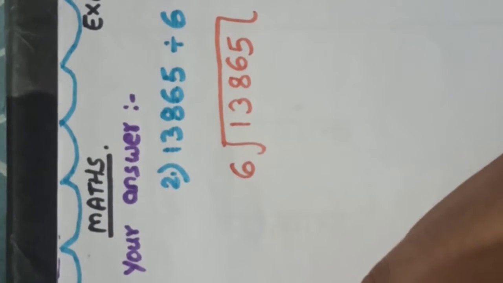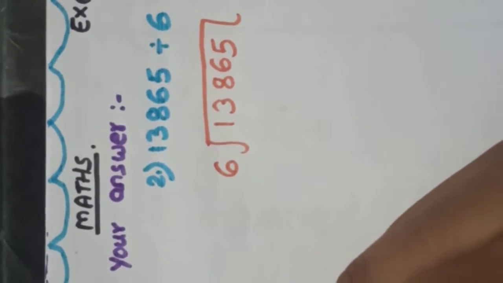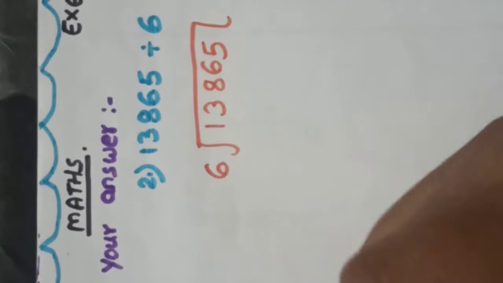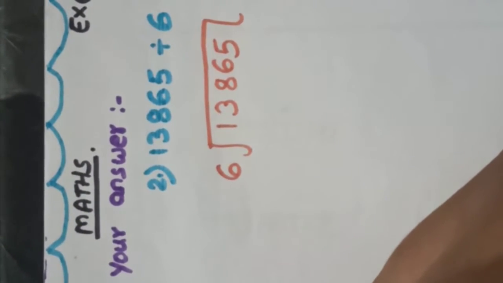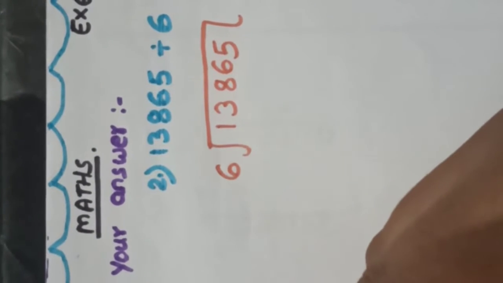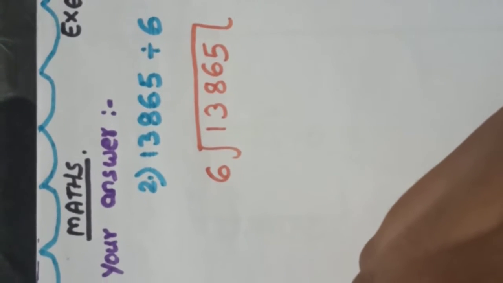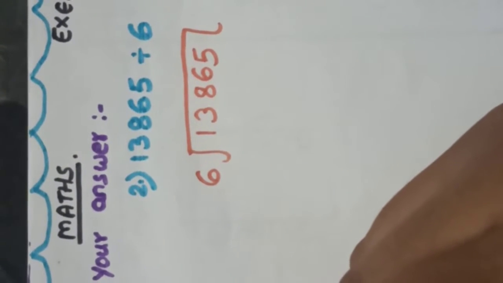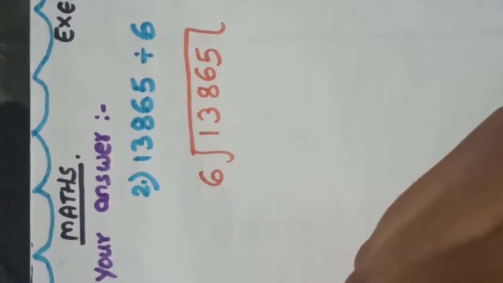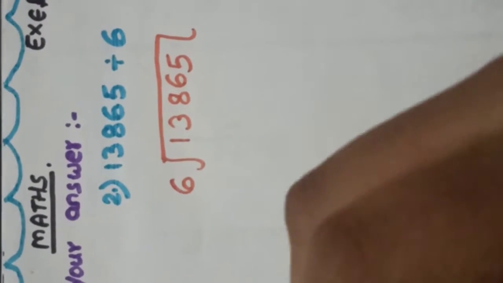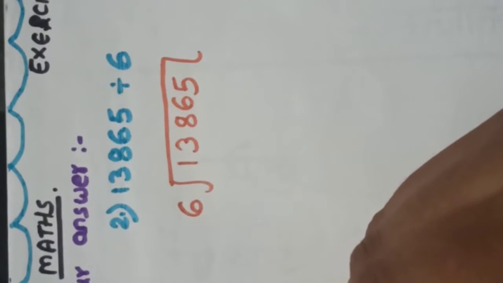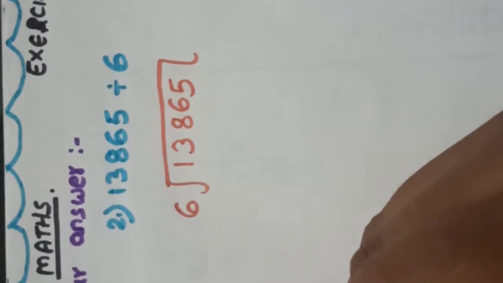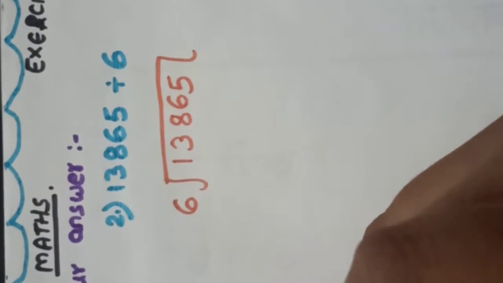Now what is the next step to do? We need to read out the table of 9 until we get 47 or any number that is less than 47. Let us read out the table of 9. 9 ones are 9, 9 twos are 18, 9 threes are 27, 9 fours are 36, 9 fives are 45, and 9 sixes are 54. Sorry. Okay. Now it means we cannot take 9 sixes because it will be 54. So what we need to do? We need to take 9 fives, 45.